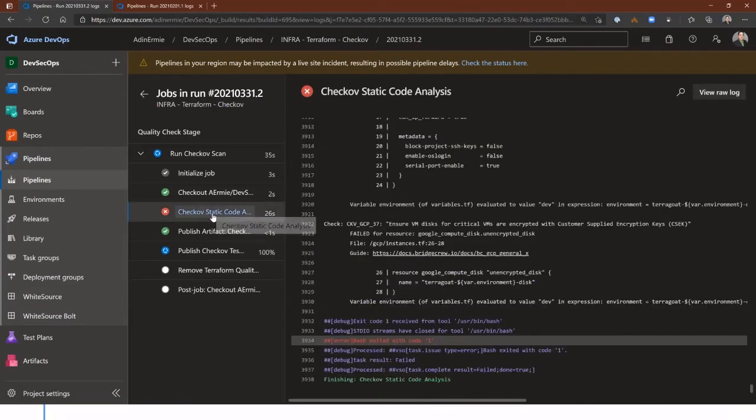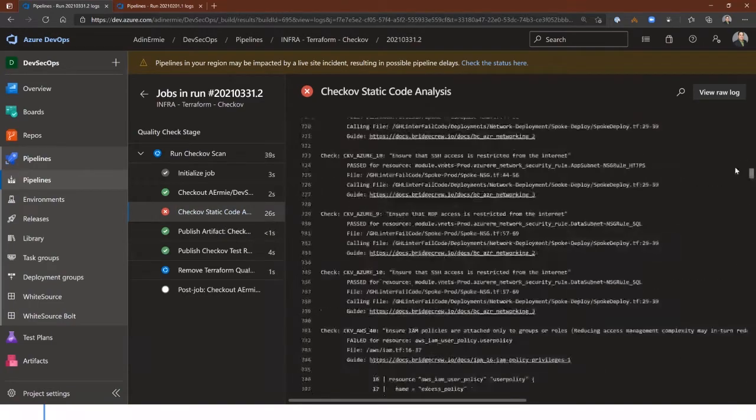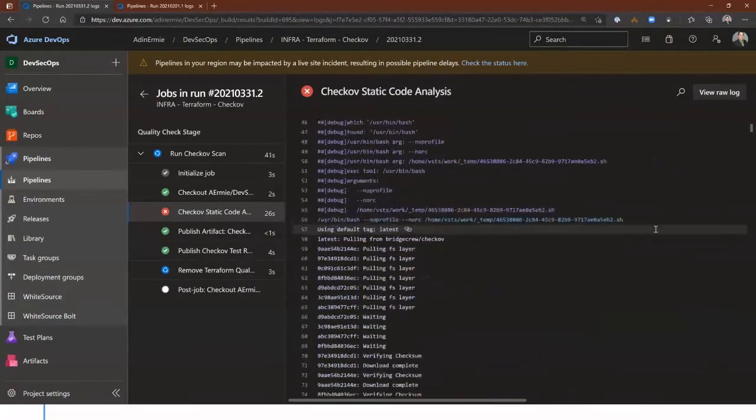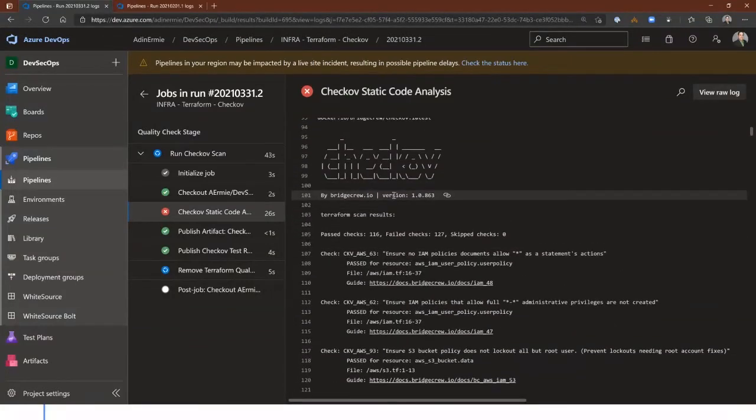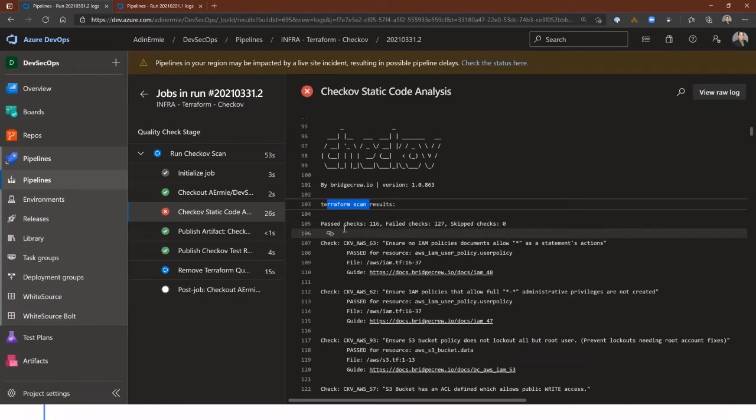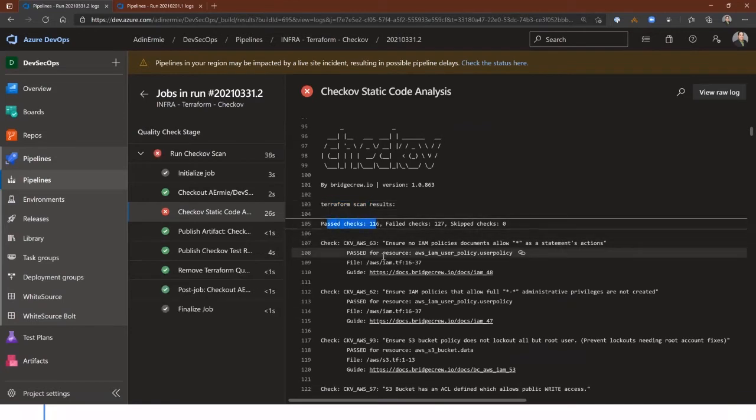So here, while this is just finishing up, I'm going to jump to the top of this output. It shows us what version we're running, in case we run into a specific issue and need to target a specific version. Then it starts to spit out all of our results. We see how many checks were passed, how many failed, and if any were skipped.